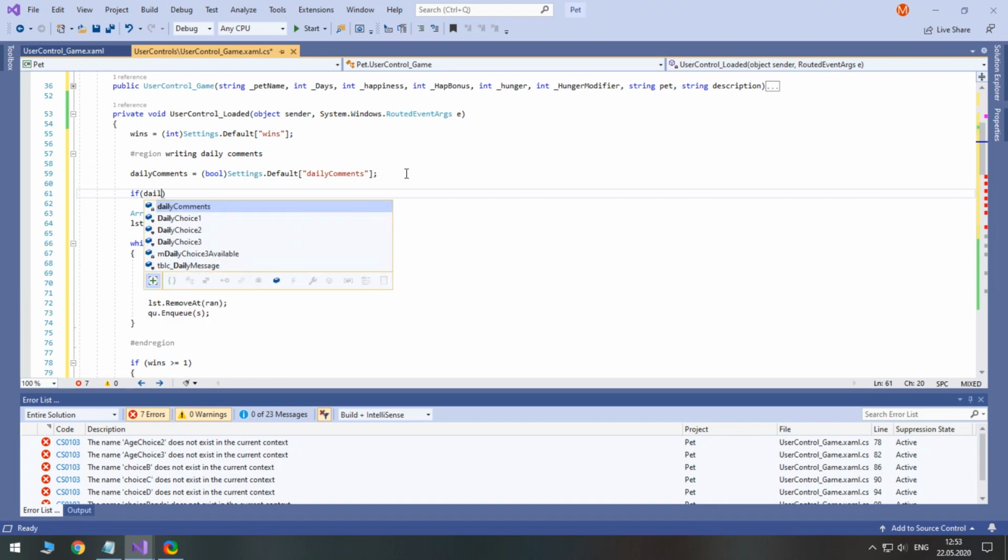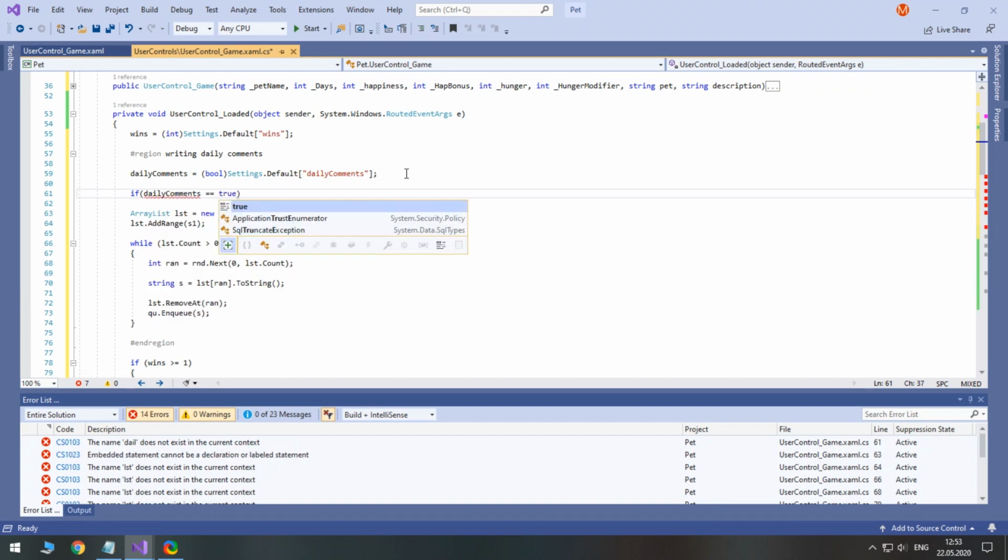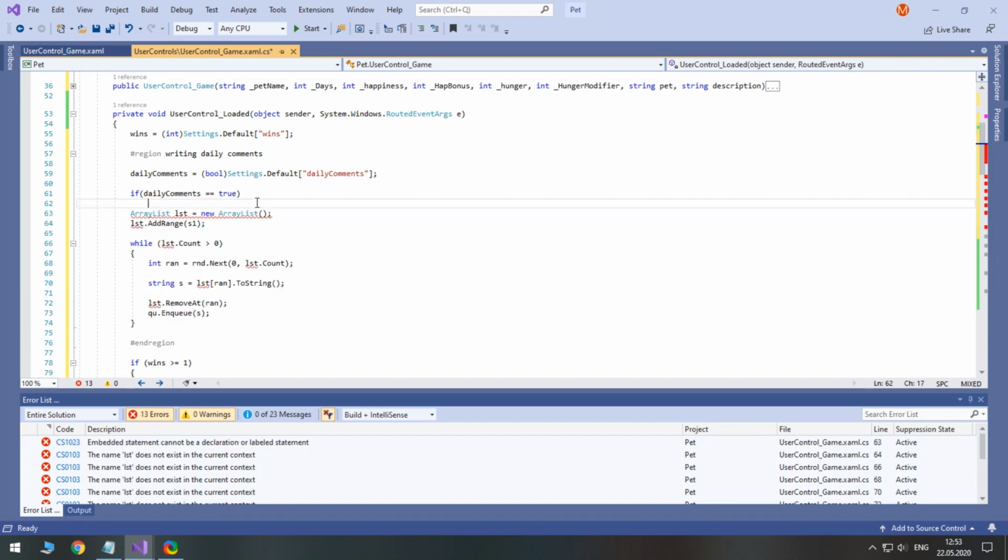And here we check whether daily comments equals true. If it does, we do what we did in Windows Forms.